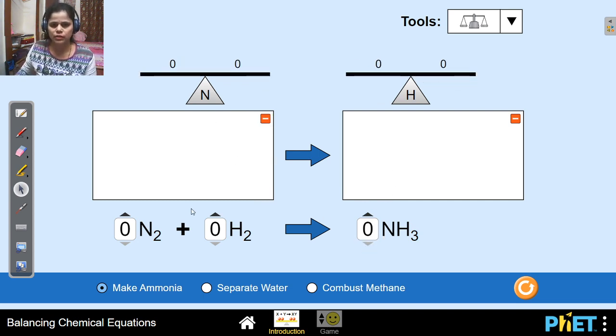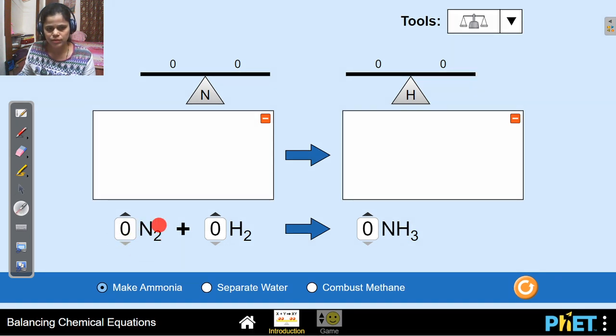Okay, you can see here this is the formation of ammonia with the help of nitrogen and hydrogen gas. Okay, this is nitrogen and this is hydrogen, and they form ammonia, NH3. Now this is our task. We have to balance this equation. So if we balance the equation, that means we have to balance the number of atoms of nitrogen and the number of atoms of hydrogen. Okay, so let's start. First, nitrogen and hydrogen are the reactants in this case, and ammonia is a product. It's clear.